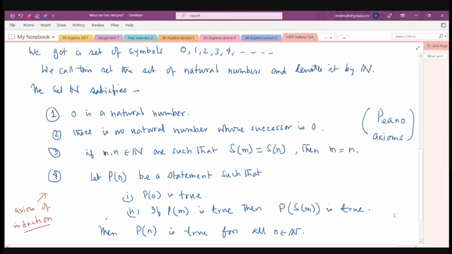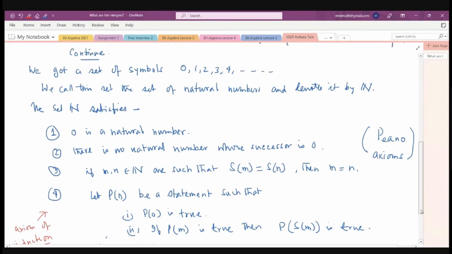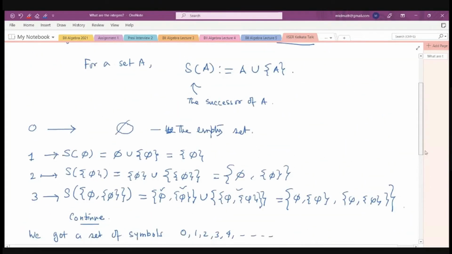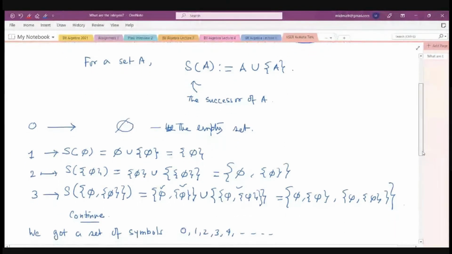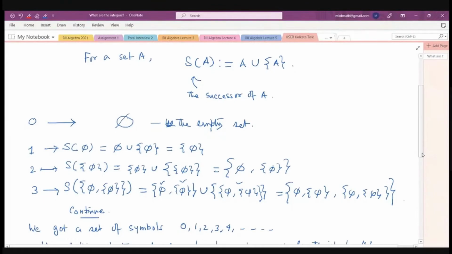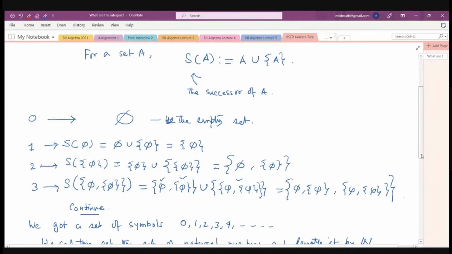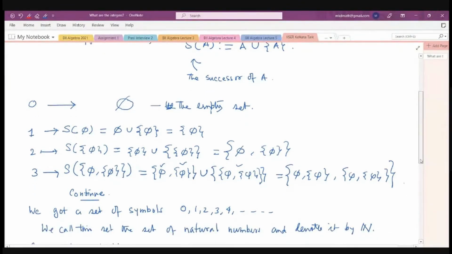Okay. Sir, when you write continue in the above construction, does it not presuppose induction when you say continue? No. You see, this is a recursive type of definition, right? Continue. I'm not saying induction is about a statement being true or not. I'm not making any statement here. I'm saying that you just keep on doing this. You are getting an infinite set.